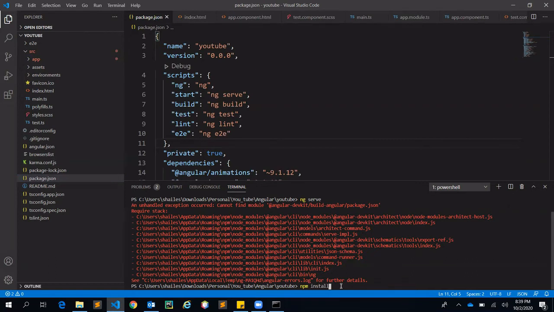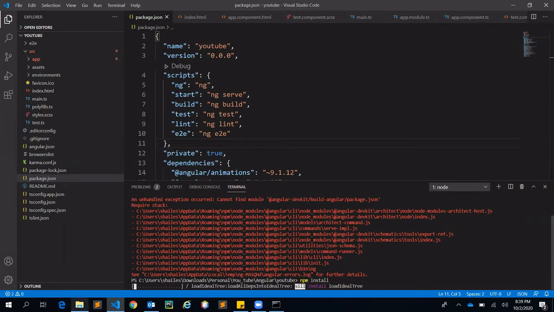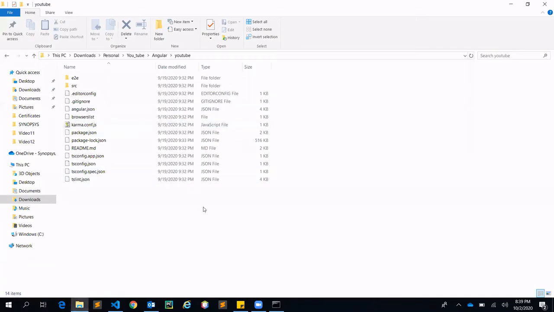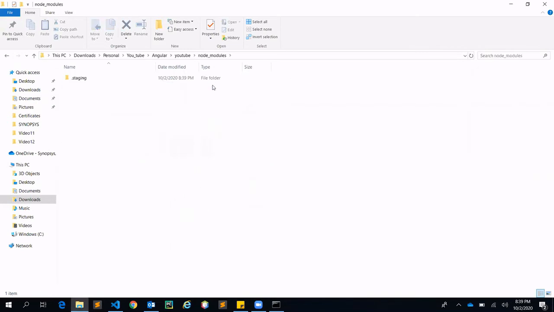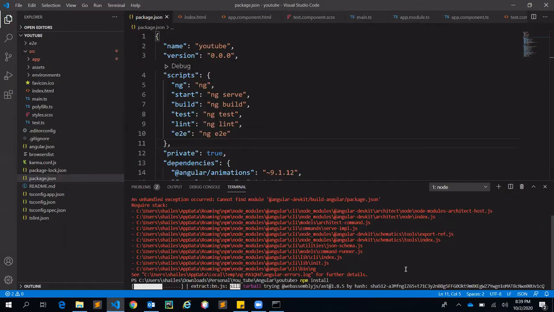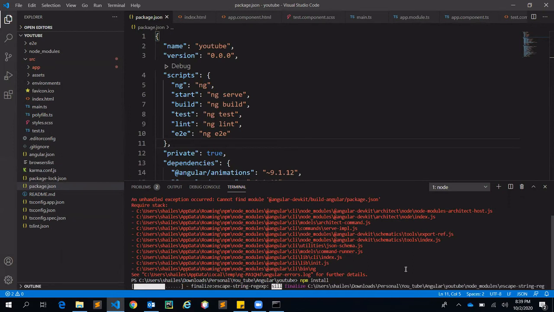Okay, I'll also track whether the node module folder is being created or not. You can see that the node module folder has been created. It is still downloading the required things. You can see this is in progress, it is reading all the things, downloading, and configuring the project, and after that you can run your project successfully. It takes a little bit of time, you don't need to worry, as it takes the data from the internet and installs it.